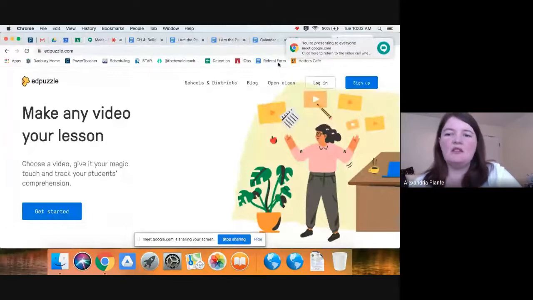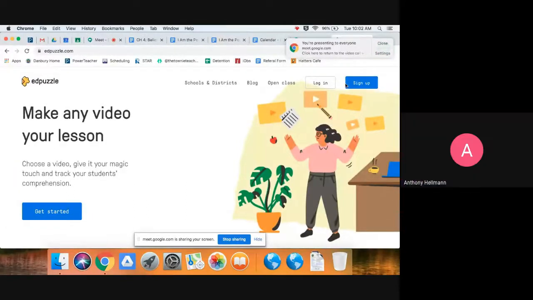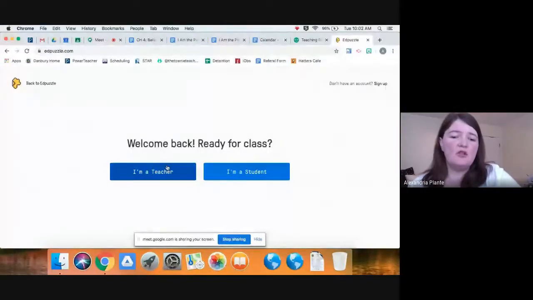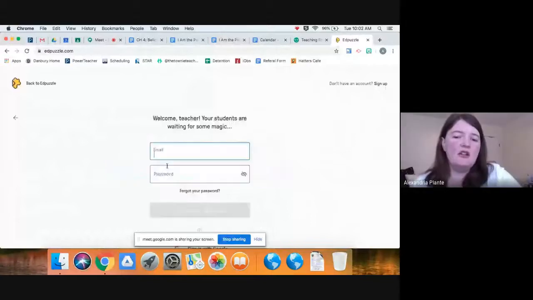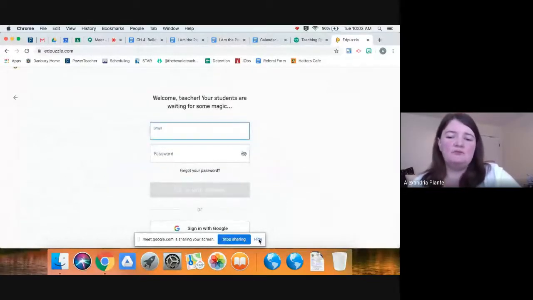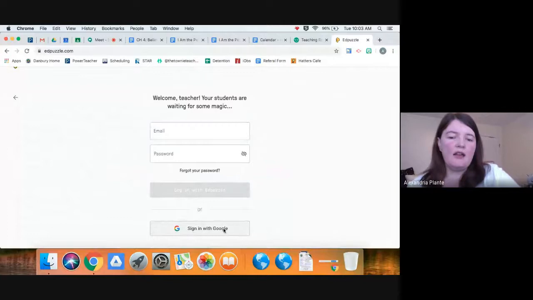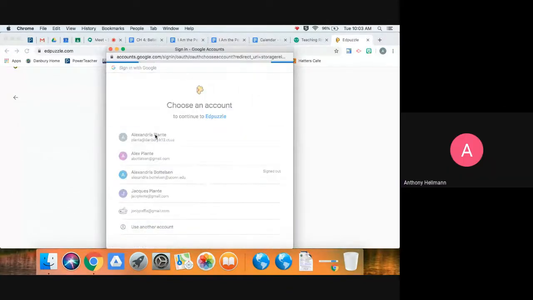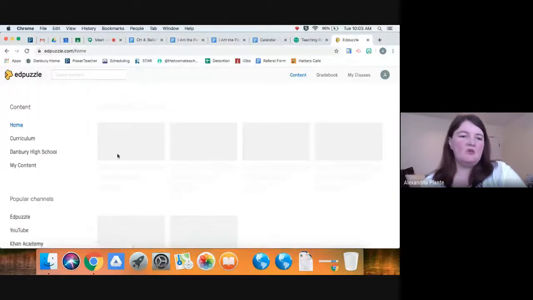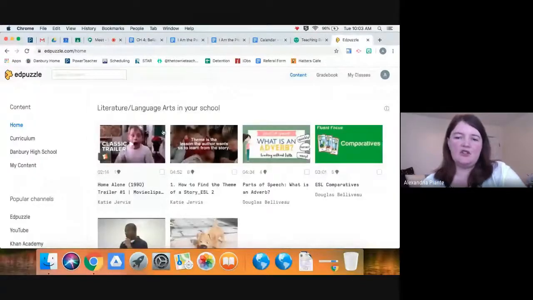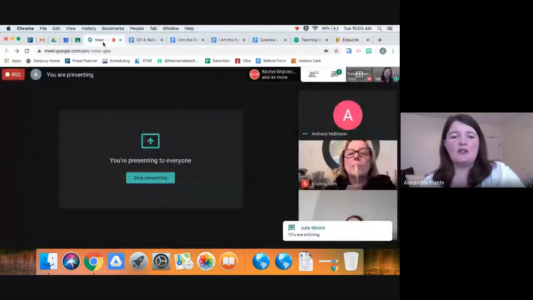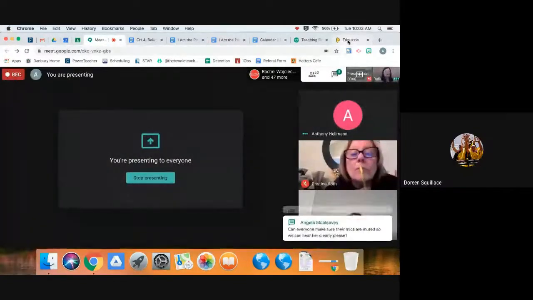So this is what the website looks like when you join into it. You can log in with Google Classroom. So all you do is say that you're a teacher. It'll ask you to sign in with Google. And you're all the way there. This gives you access because we're in the Danbury Teachers union district. This gives you